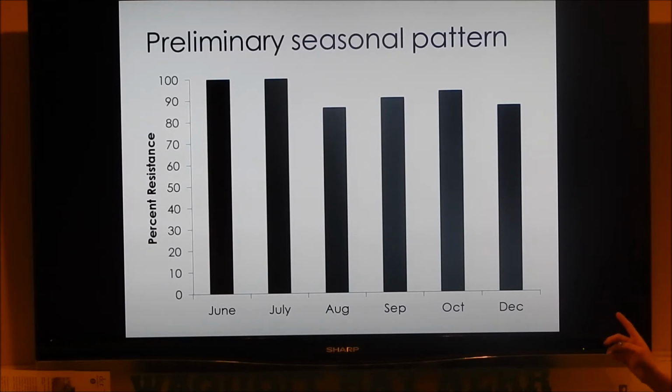So we have 100%, then it drops down to about 86% in August, and then picks back up and drops down again a little bit in December, but not as much as in August. Again, these are relatively small changes. Going from 100% to 86% is a substantial amount, but it's not huge. It's not like we went to 10%. So it'll be interesting to see what the rest of the data looks like to really figure out if there is a trend or not.